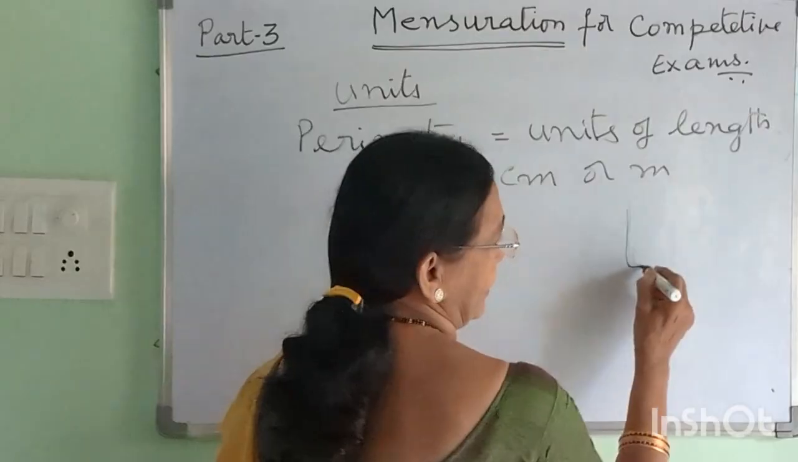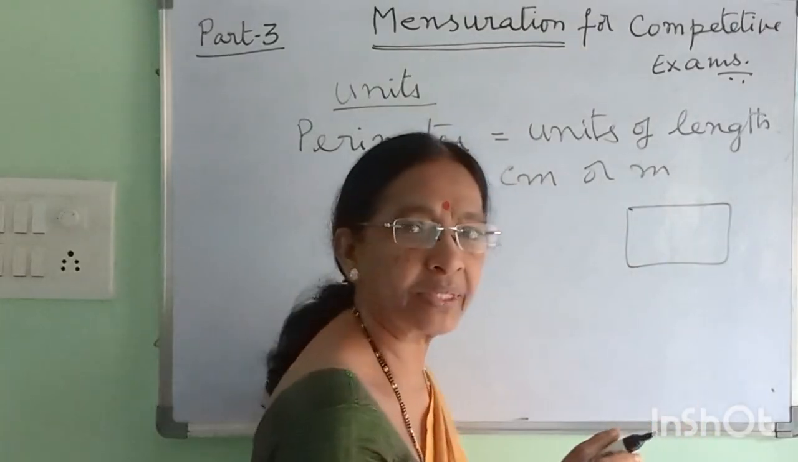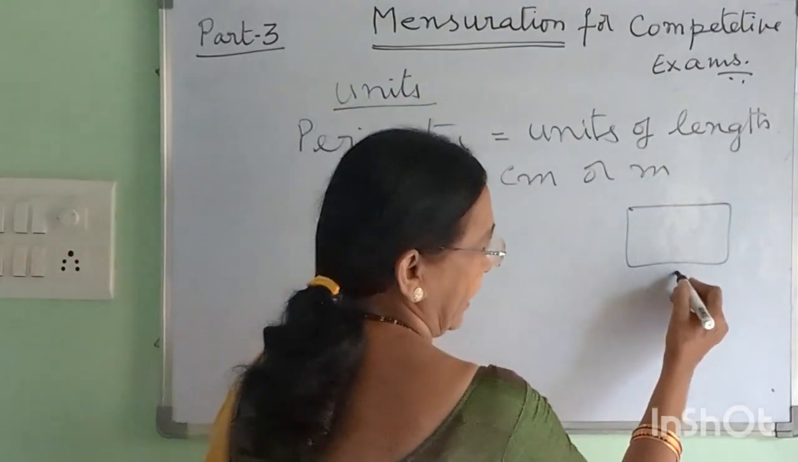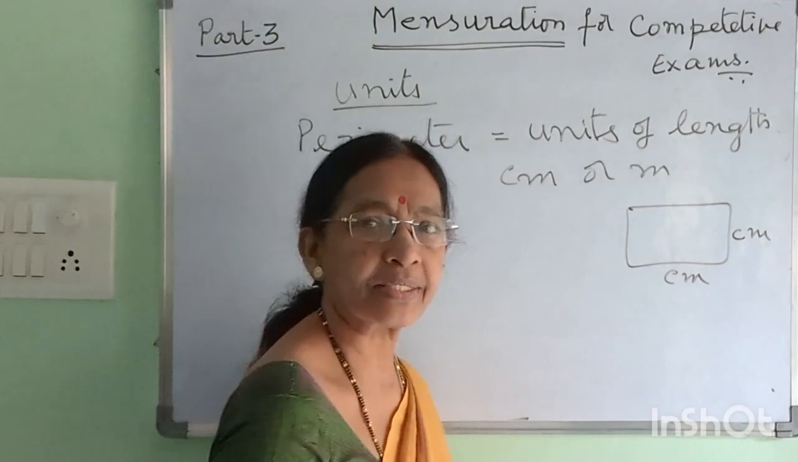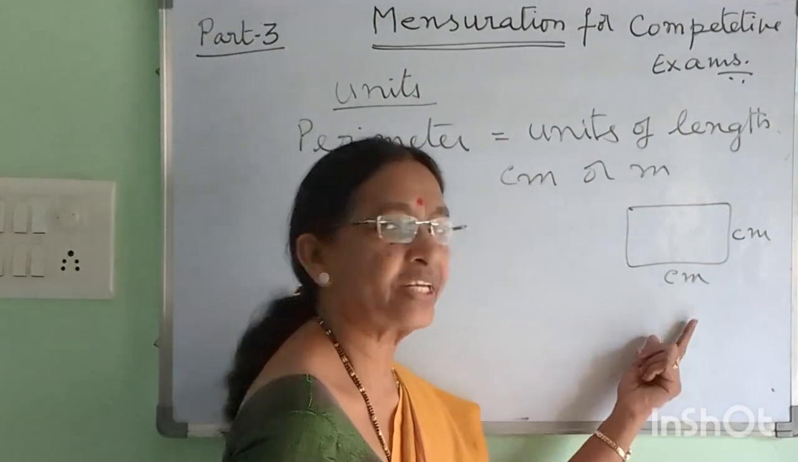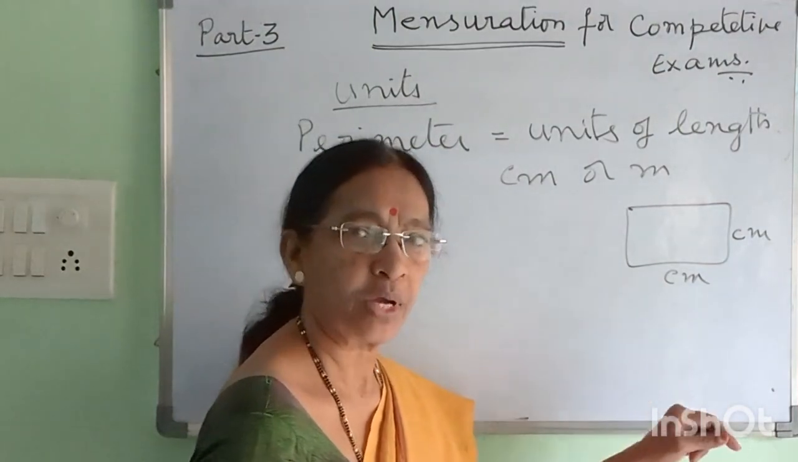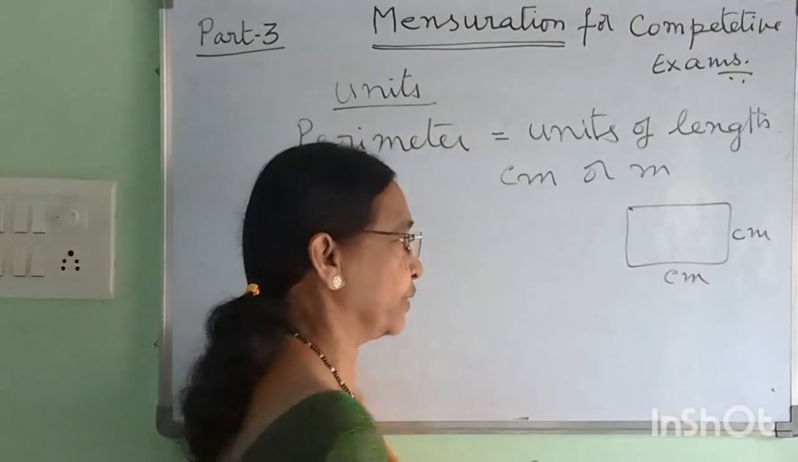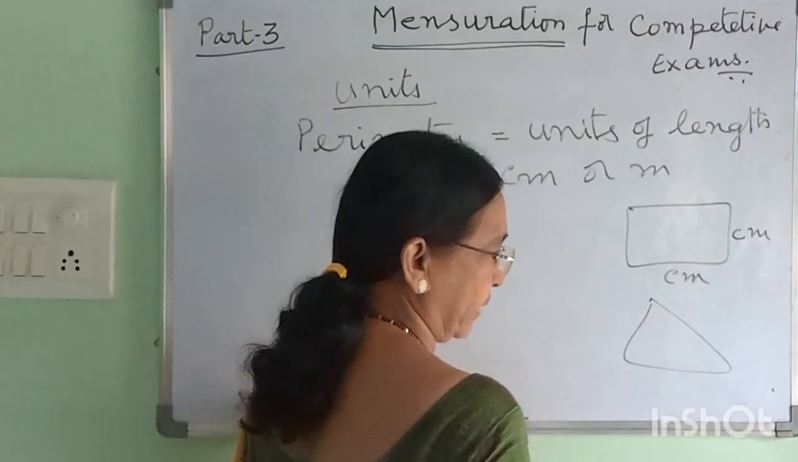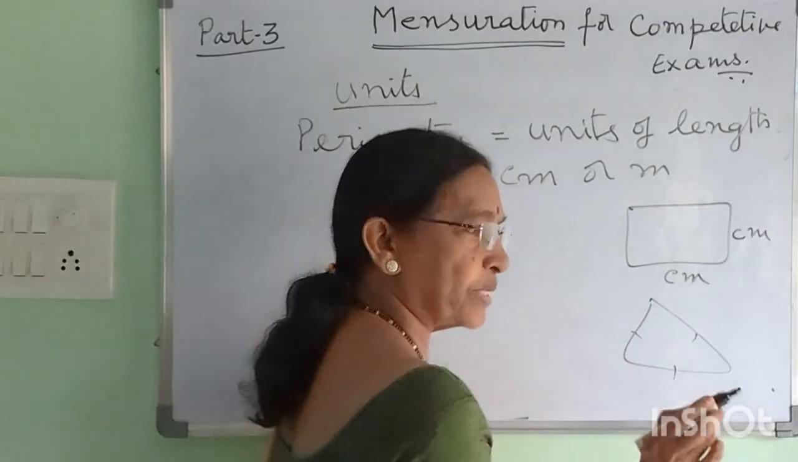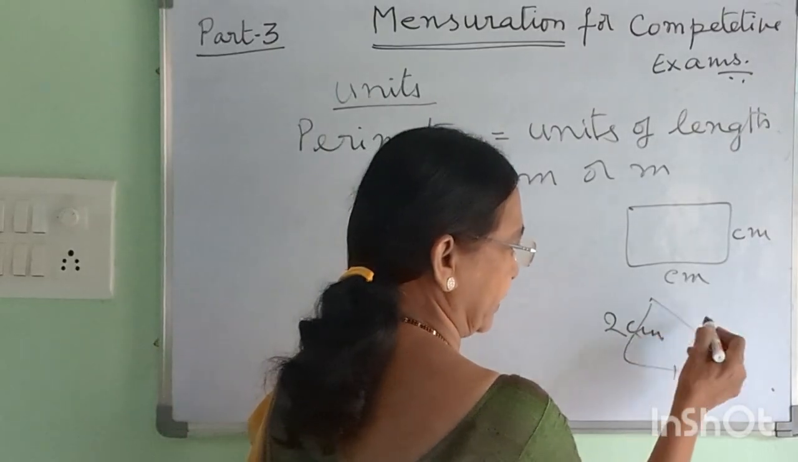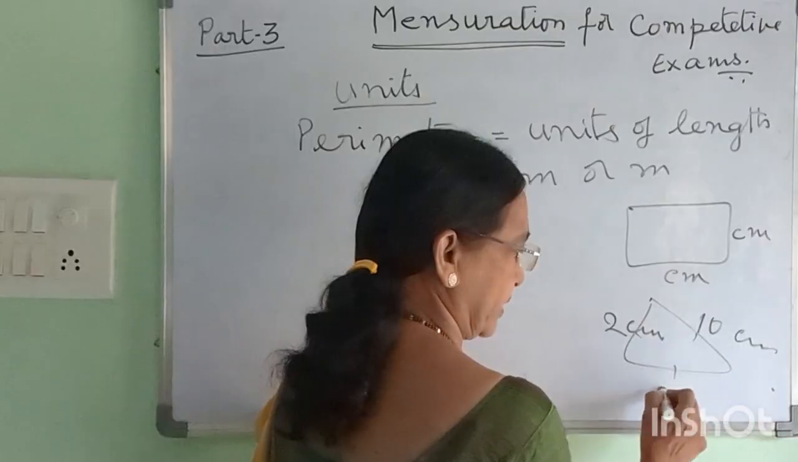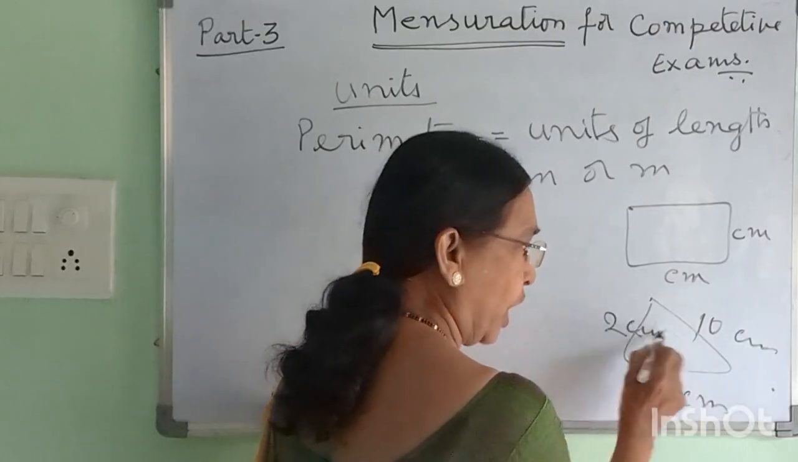But the three sides, the four sides, must be in the same units. If the length is in centimeters, the breadth is also taken in centimeters. If it is given in other units, we have to convert them into the same units. Similarly, the three sides must be in the same units. For example, if this is 2 centimeters and this is 10 centimeters and this is 5 centimeters, three are in